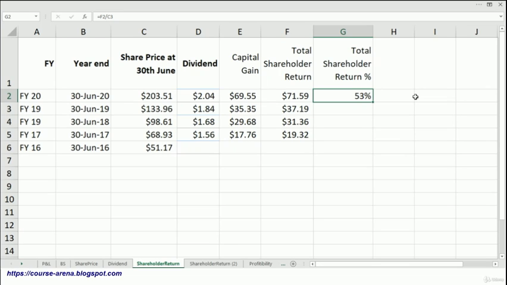But one very good comparison that we can make is Microsoft versus Microsoft in the previous years. So we can simply copy and paste this formula to all four cells, and you can see that Excel has calculated the shareholder return for Microsoft in all the previous 4 years as well. And you can see that in year 2020, Microsoft has done a way better job than in previous years, and the shareholders must be very happy as long as we are considering Microsoft versus its previous years. So that is how we calculate total shareholder return, and I hope that is making sense.